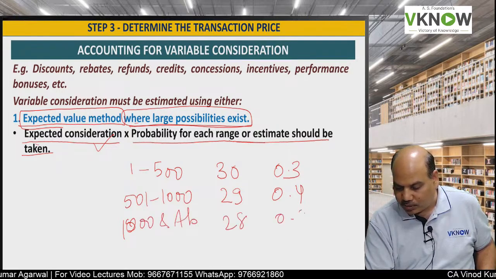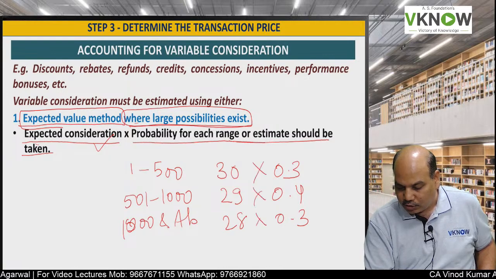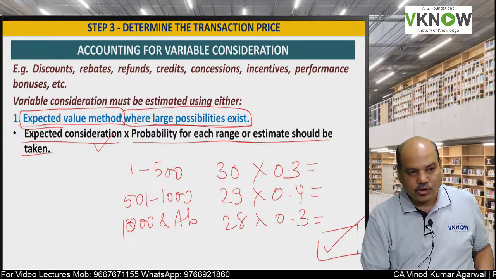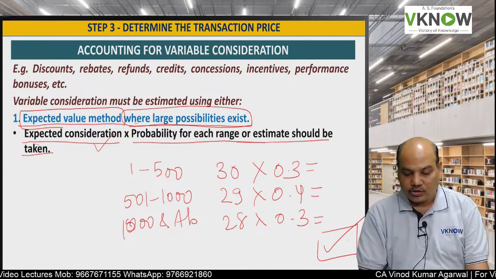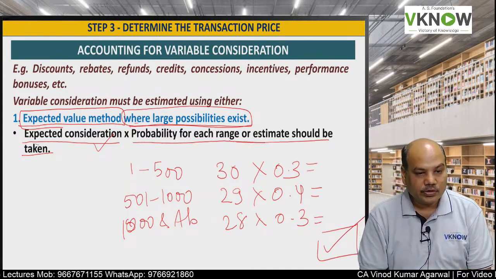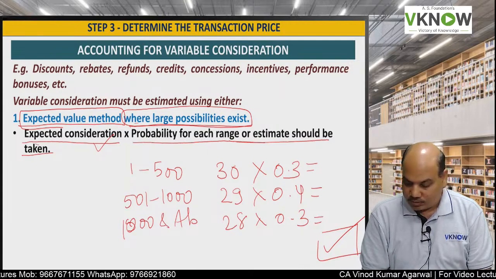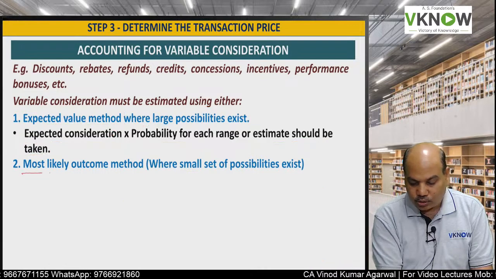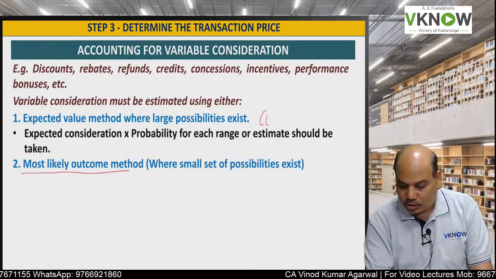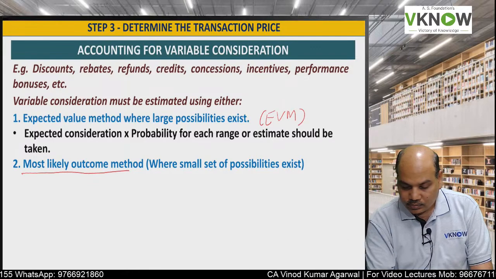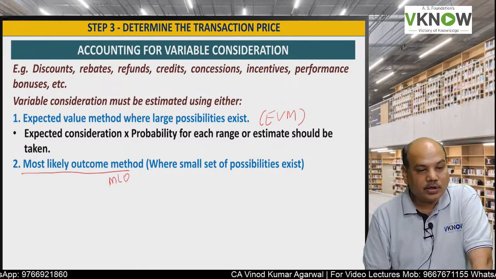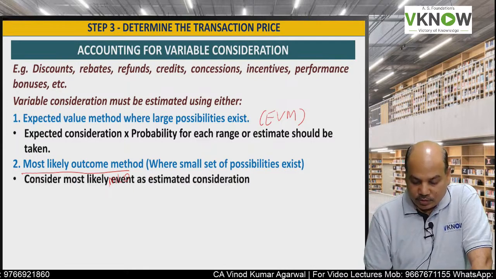Price 28, probability 0.3. Then you will multiply and take the total. This is called the expected value method. And the second one is called the most likely outcome method. So this we will call EVM, and this we will call MLO. When a small set of probabilities exist,